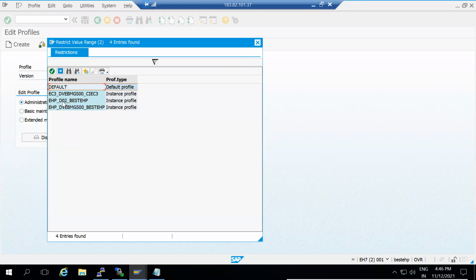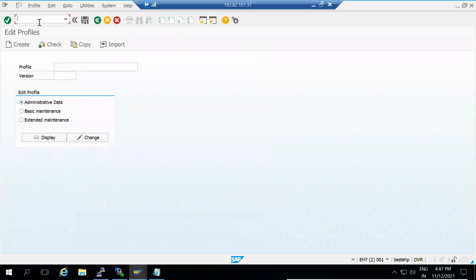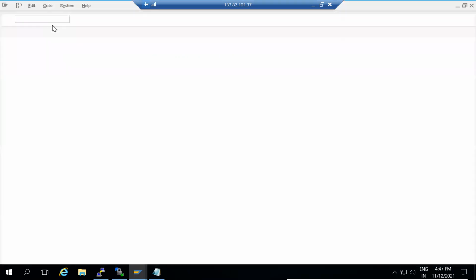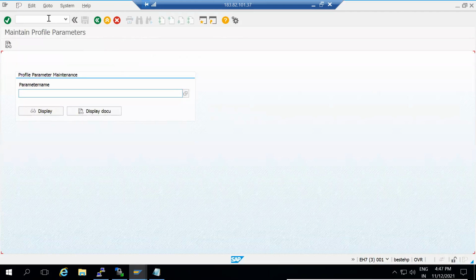In this you can see 3 instances there. You need to check whether the 3 instances are there or not. What is the code? SM51. In SM51 you can see only 2 instances, right? In this, what is our instance? You need to identify.